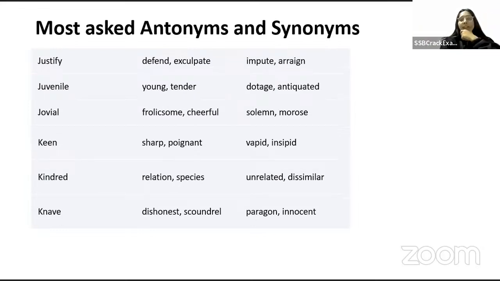लुक एट दिस। हमने ये एग्जाम्पल किया भी था, लाइक जुवेनाइल इज समथिंग विच वी ऑल्सो कंसिडर टू बी चाइल्डिश, राइट, और एनीथिंग विच इज रिलेटेड टू बीइंग यंग और टेंडर, राइट। सो द ऑपोजिट वुड बी रिलेटेड टू ओल्ड एज। सेनिलिटी भी एक अदर वर्ड होता है विच इज रिलेटेड टू ओल्ड एज, एंटिक्वेटेड, राइट। सो दे कैन बी सो मेनी वेरिएंट। So it's more about exposure because antonyms and synonyms would be a subject I would say